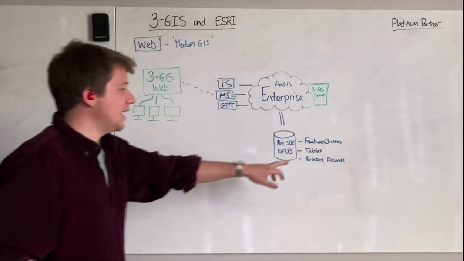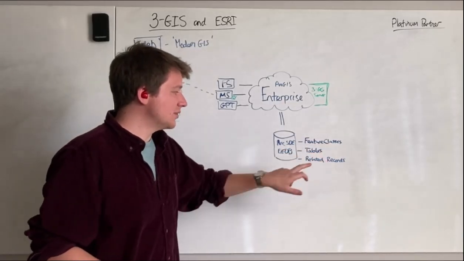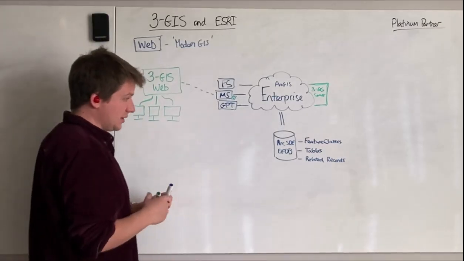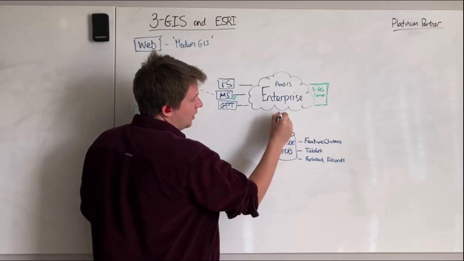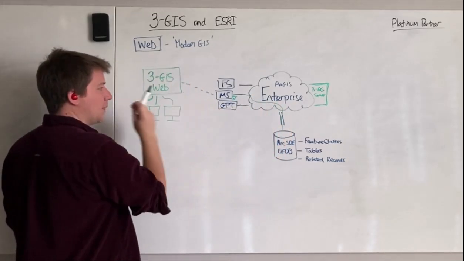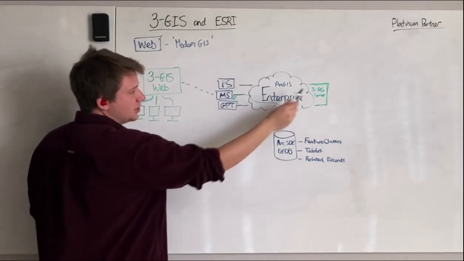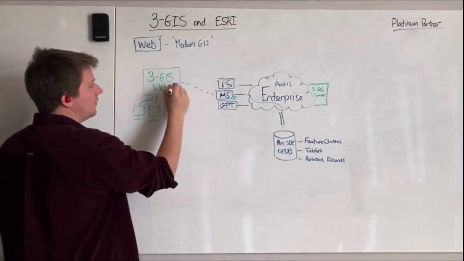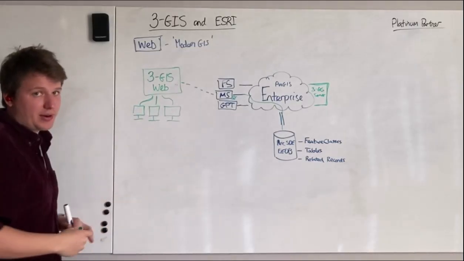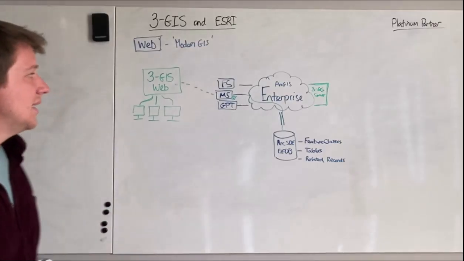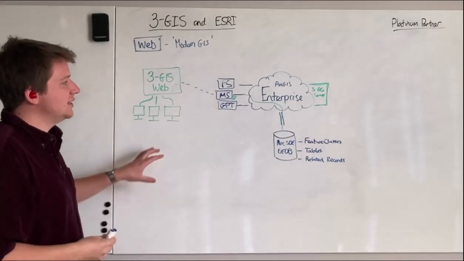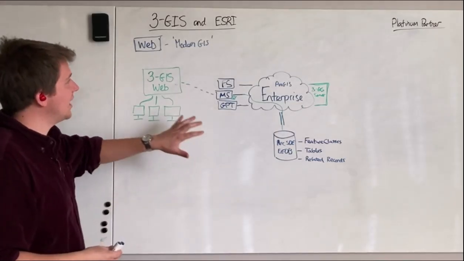So we've got standard feature classes, standard tables, standard related records in the Esri world, which we are exposing through ArcGIS Enterprise, through this map service, which has got 3GIS enabled, and then that pulls through to 3GIS Web. Everybody can get to that just through a browser. It's as simple as that, really. There's a little bit more to it, obviously, in detail, but in principle,